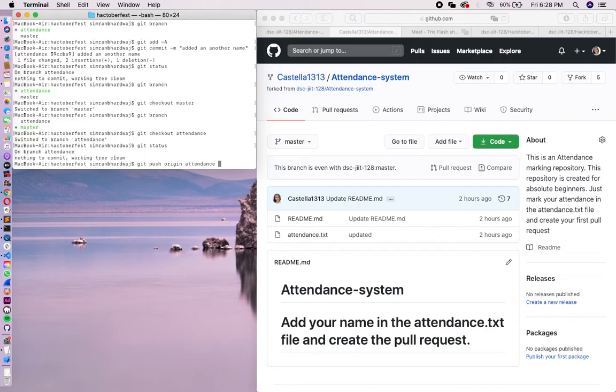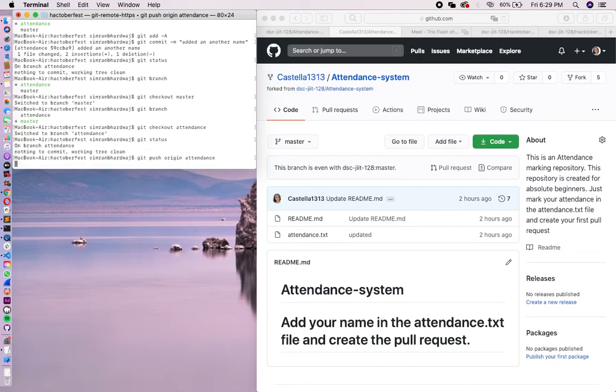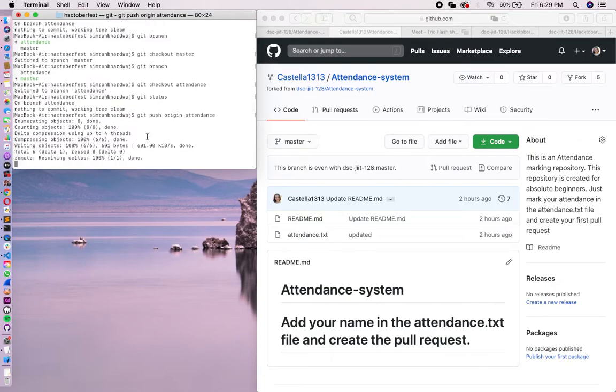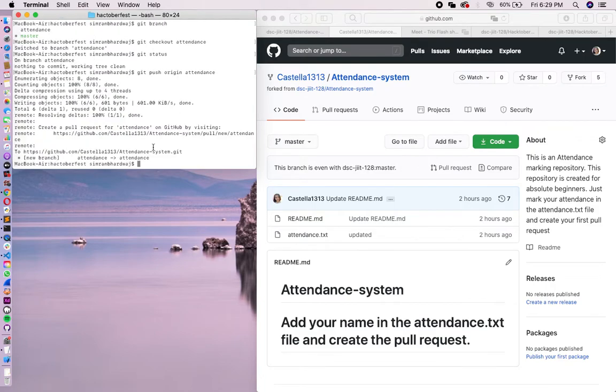Those who attended our workshop yesterday, we used git push origin master, because that time we were working on the master branch only. But this time we are going to push our attendance branch. So just hit enter and you can see it's working, and my code has been pushed.